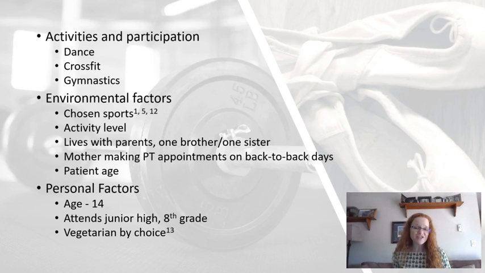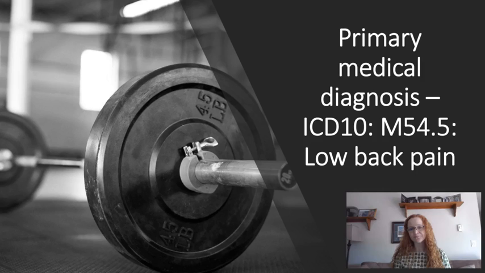Personal factors, her age is a factor because she's in her peak growth years. And adolescents are at higher risk for spondies in general. We'll talk more about why that is in a little bit. She's in 8th grade. She attends junior high. She's really smart. She's taking geometry already. Holy cats. One thing I found very interesting about her personally was she had gone vegetarian at some point in the last couple of years. So knowing how teenagers eat, that put her at an increased risk for nutritional deficiencies, which could affect bone density and neuromuscular development, especially when you're talking about someone who's doing such intense training.